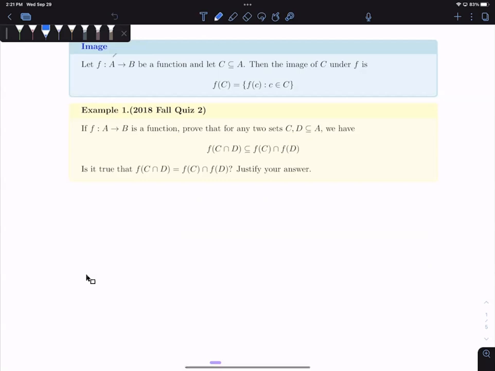Domain, in this case, this is your domain. So what's domain? Domain is whatever your x value can be, okay? Whatever your x value for your f of x can be. And keep in mind that every element in your domain has to be used for your function. Every one of them has to be used.